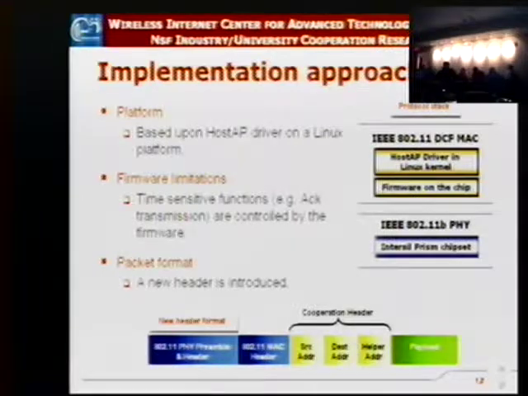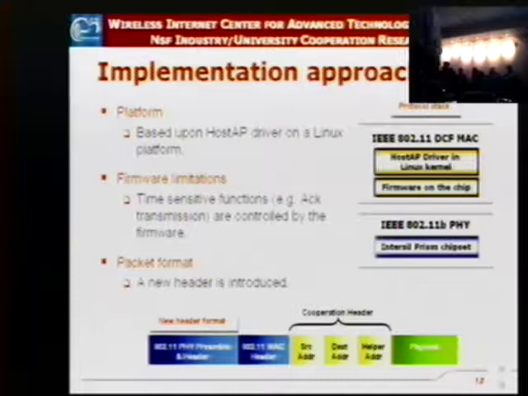It's an 802.11b driver in a Linux platform. And as, of course, I think you know, we had these limitations from the firmware. So trying to implement our protocol, we faced a lot of problems